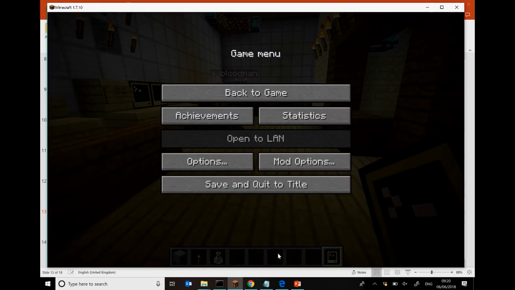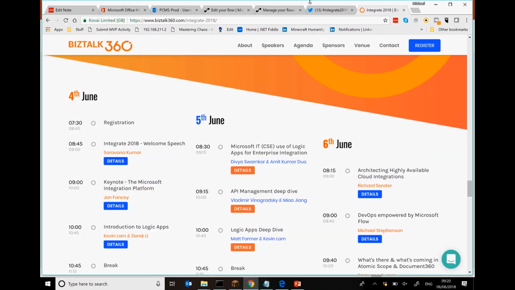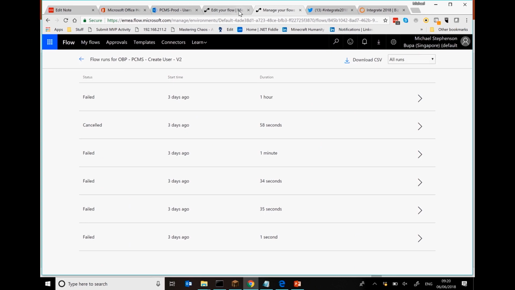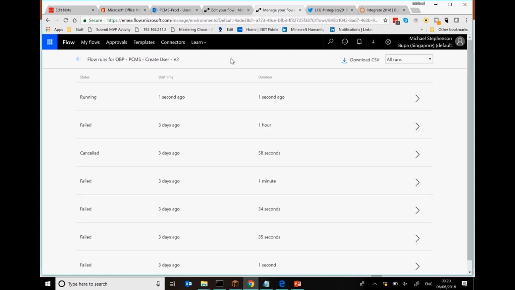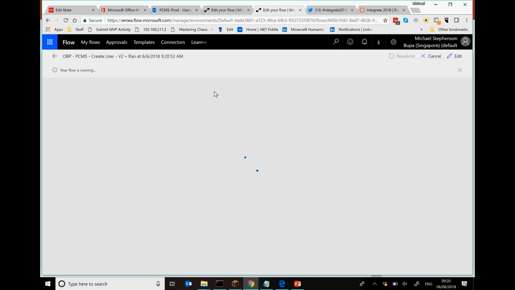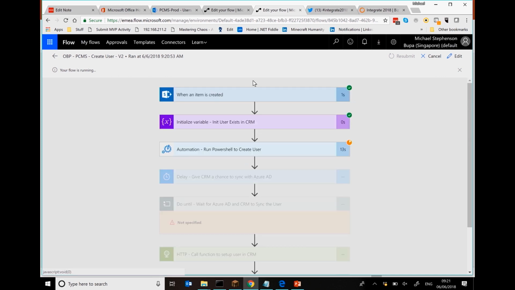So at this point, I'm going to just drop out of Minecraft and show you guys a couple of things. So over here, we'll see the flow should start kicking off in a minute. Now, if you remember, the Minecraft bit kicked off a slightly different flow, and it writes to the SharePoint list, which means this next flow, which does the real work, can be kicked off from that list, which means there's multiple ways I can write to that list, which is quite cool for demos and stuff.